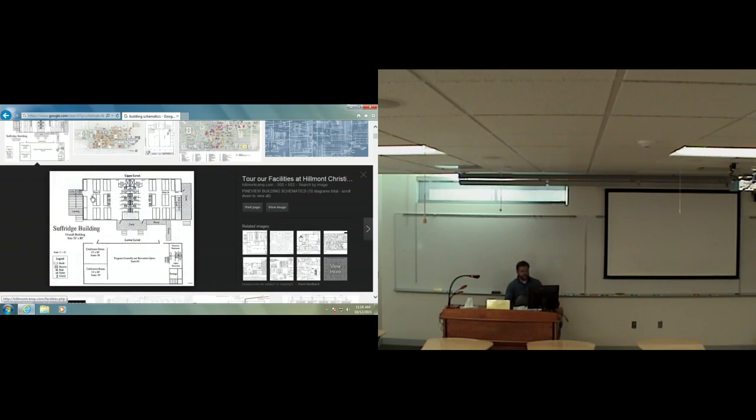But this last one actually shows furniture within the building as well. It shows tables and doesn't show chairs, but it does show some arrangements of tables in here. So